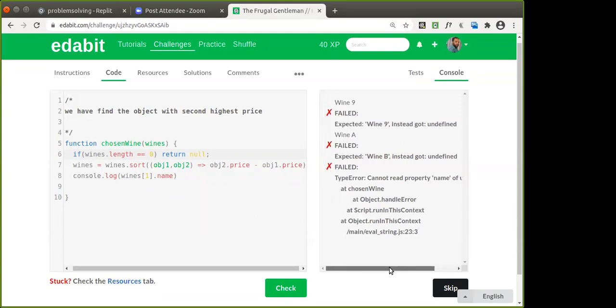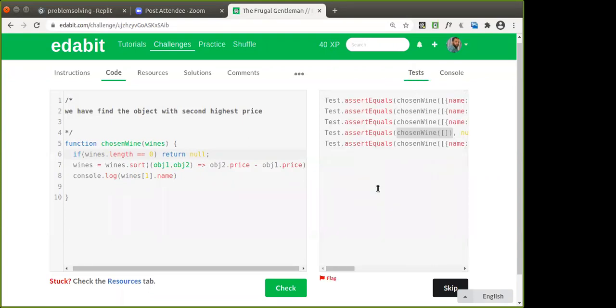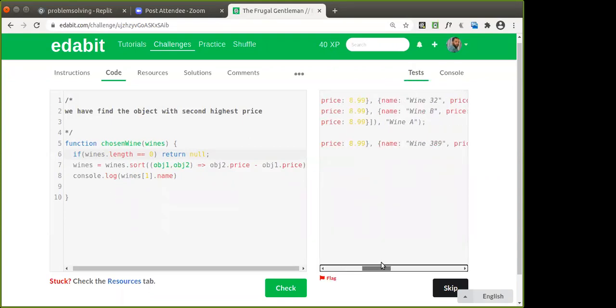Yes, good. And if you have only one element, this is a test case where you have only one element in the array, isn't it? With only one element that should be returned. In this case, there is only one element and we are trying to access the element at index 1. So if you have only one element in an array, its index is 0. So then how are you going to test it?